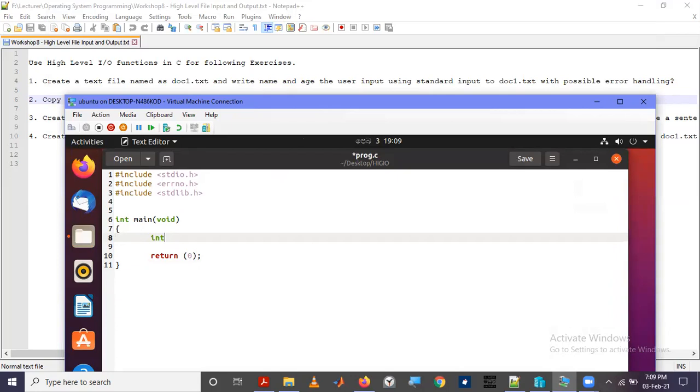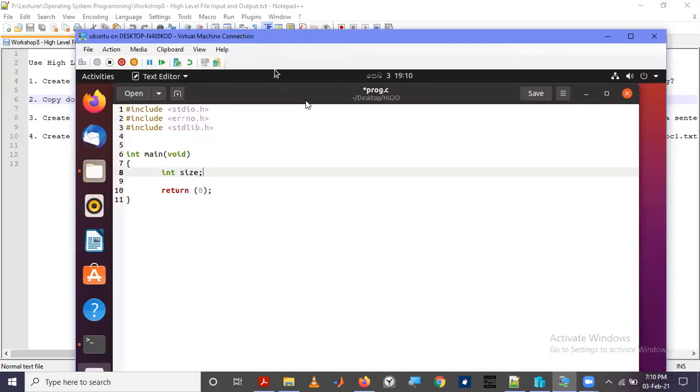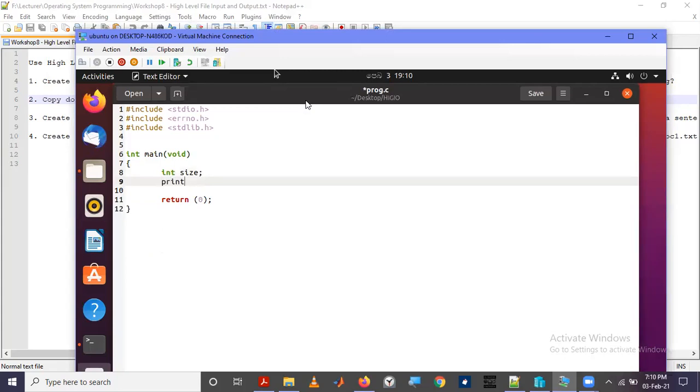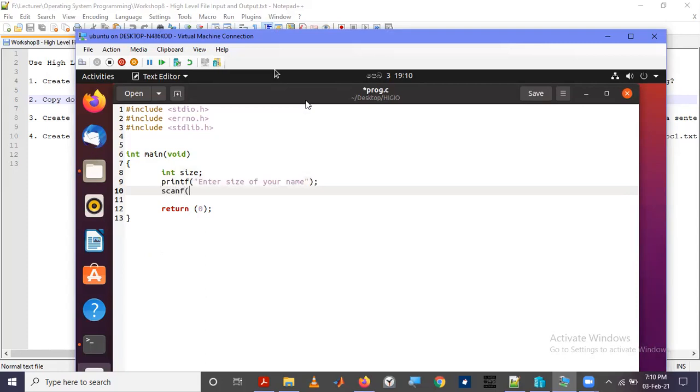So first we will create an integer to store the size of the name, and we'll ask the user to enter the size of the name. You can see we have already done this printf and scanf.